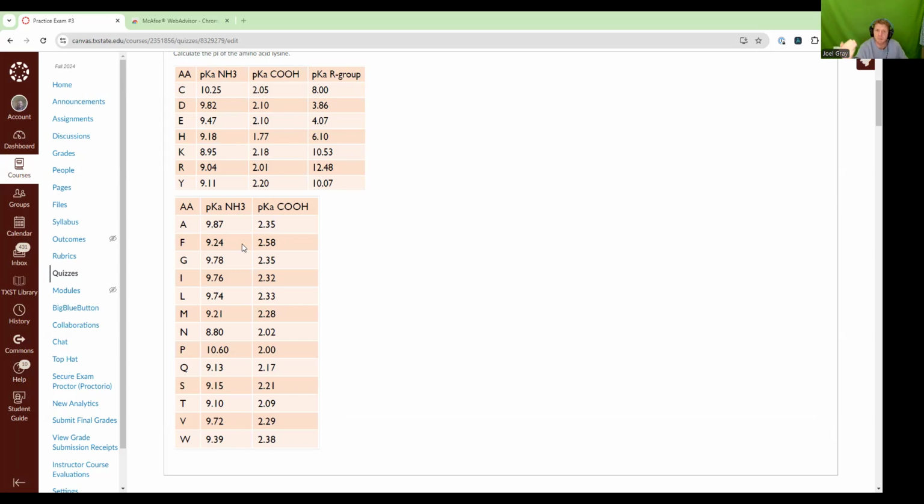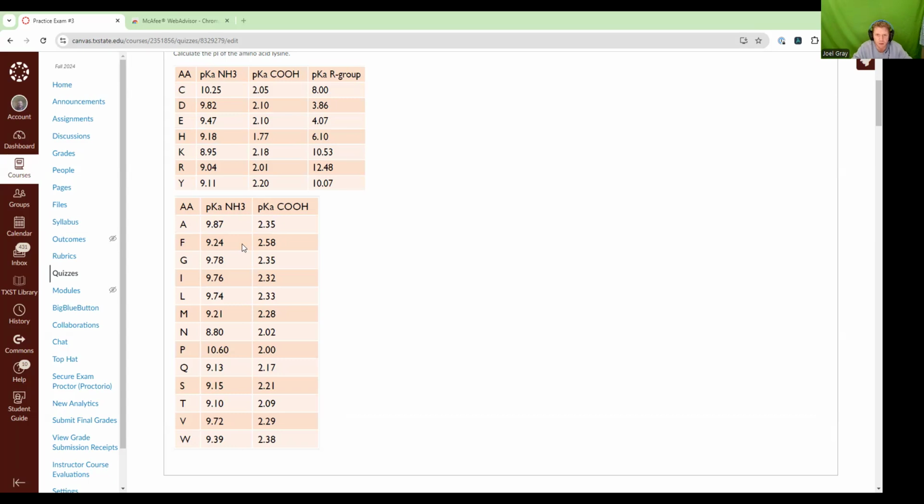And then let's think about deprotonating those three groups. We can go from +2 to +1, +1 to 0, 0 to -1. So that gives us our three lines on our number line. And we're going to write those pKs 2.18, 9.87, and 10.53 in increasing order. So there you go. Now, one thing to keep in mind with that is, all that we're going to